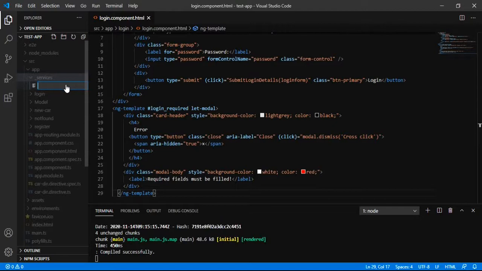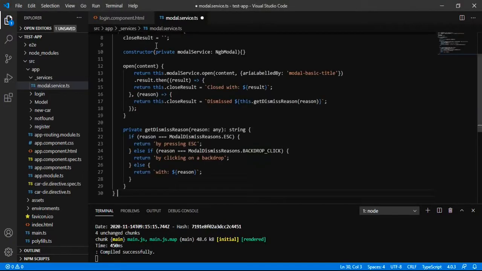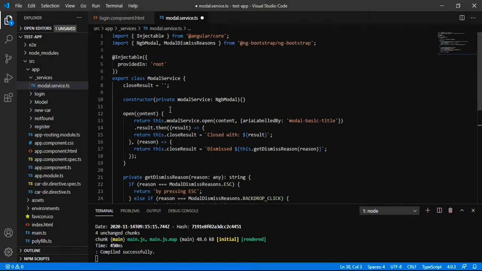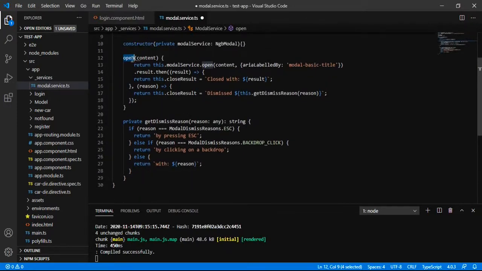We can say modal-service.ts, and here I am just adding the class called ModalService, and we will have the method open